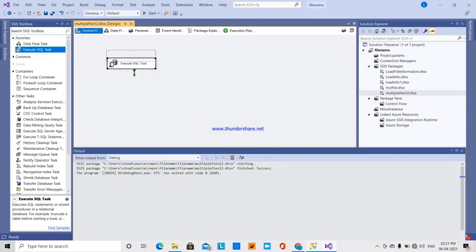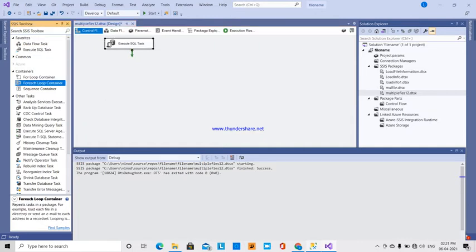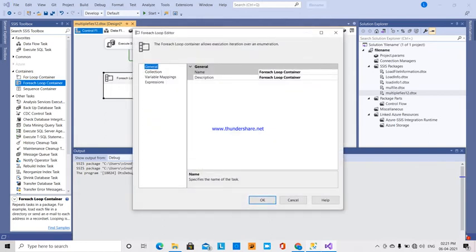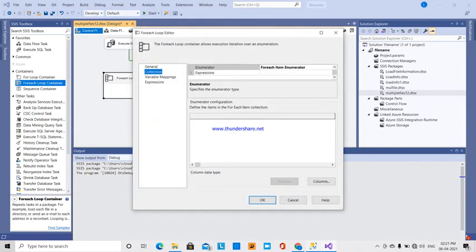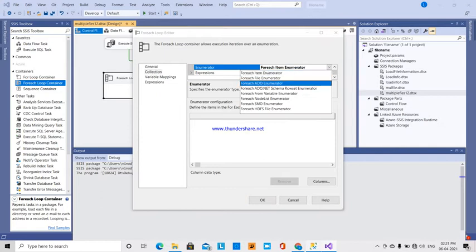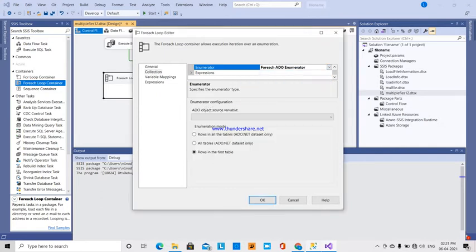Next thing is the for each loop container, which means iteration, like how many times for each particular branch it has to run those things. So for iteration purpose I'm going to use a for each loop container, and here the collection is of ADO type.